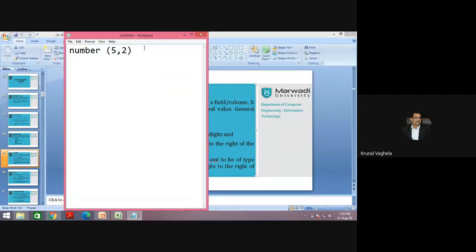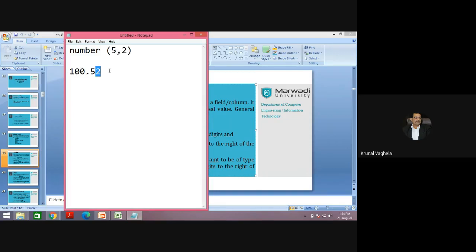Let me give an example: 100.52. Can you store it? Yes, because 5 is the total length: 1, 2, 3, 4 and 5, and after the decimal point, 1, 2. Getting my point?